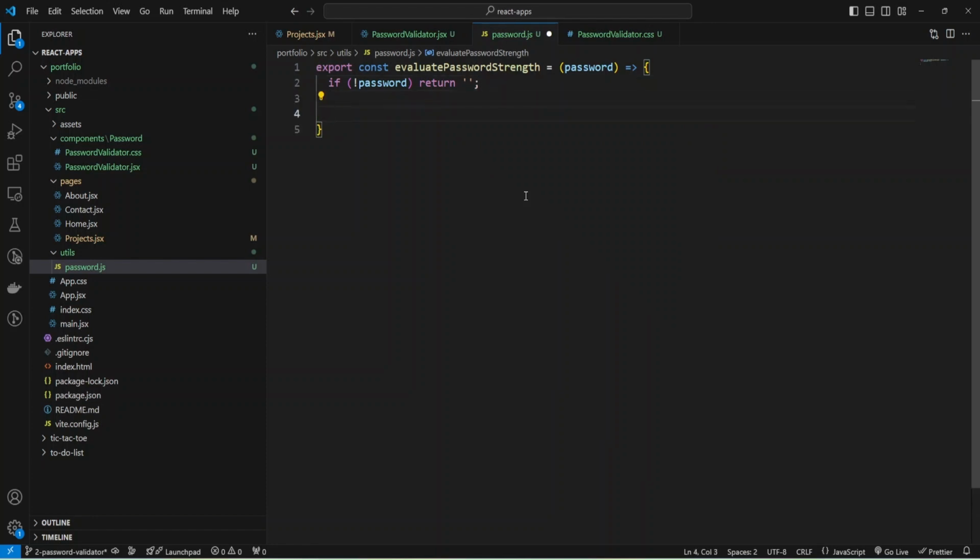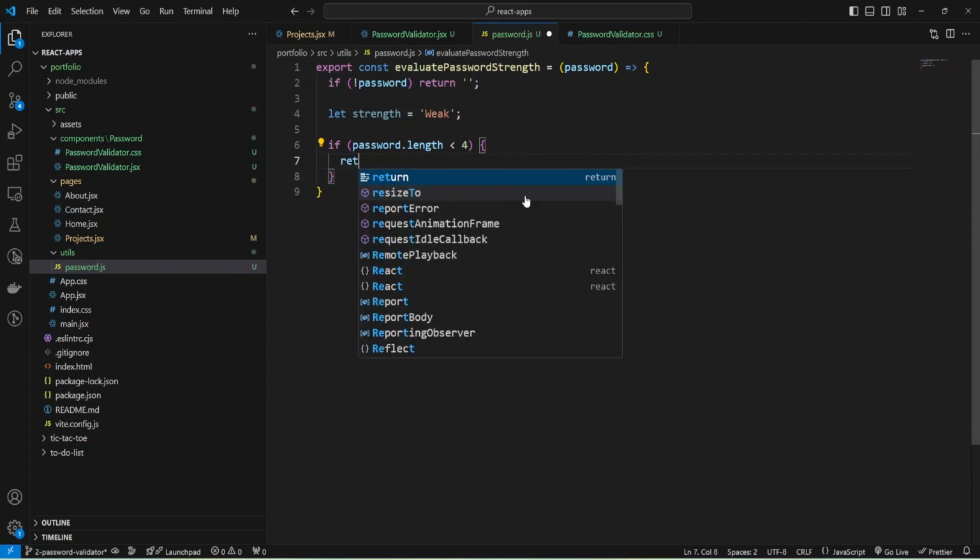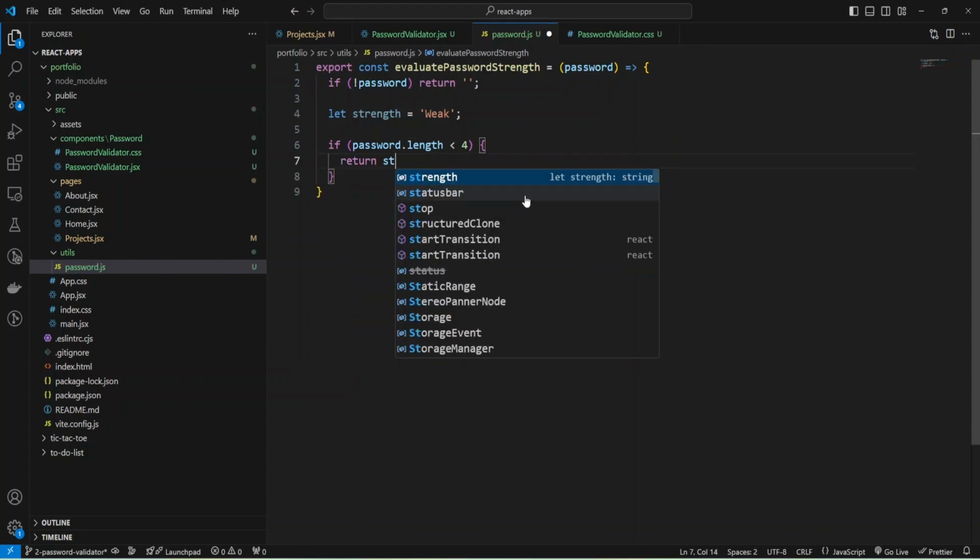And also let's add some value string where we'll store our current value, and it will be weak initially, and if password length less than 4, I'm going to return weak, return current strength,